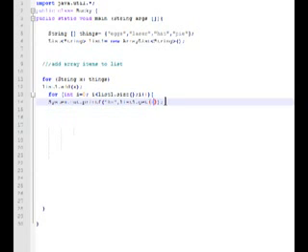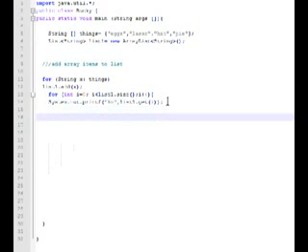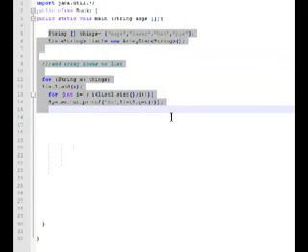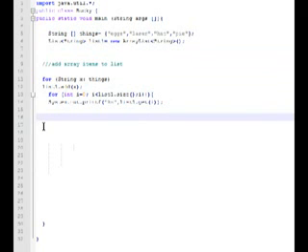Put in i, and now we're finished with this string things, and we'll go over to the next level.